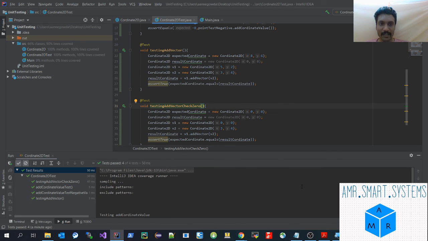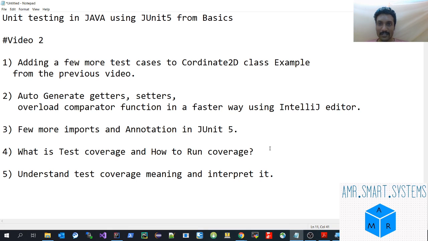Then we generated the test coverage report and understood what class coverage, line coverage, and method coverage are. Hopefully this video adds to our understanding toward the final goal of completing the unit test course. So thank you.